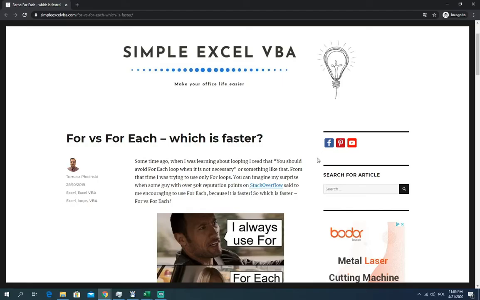Okay, let's begin with a little background story. One day I was trying to help someone on Stack Overflow, as usual, and I provided some code where I used a for loop, and another guy with several thousand points suggested that I should use a for each